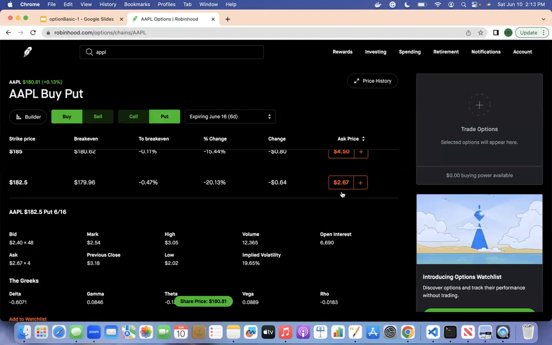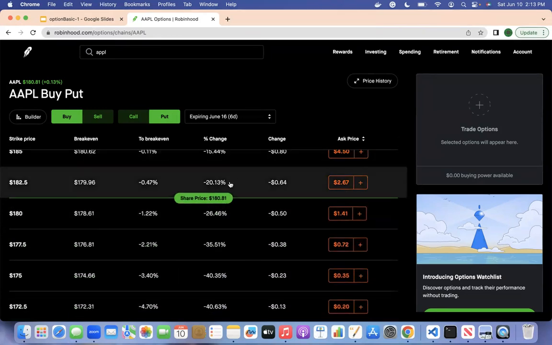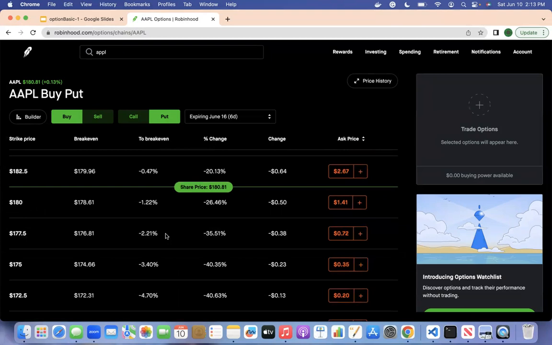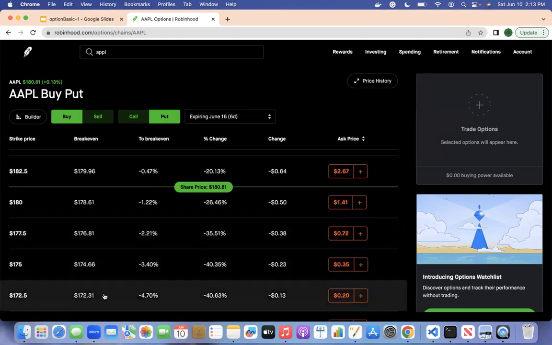So the difference of the premium and the strike price is to be calculated to find the break even. In this case, break even will be 182.5 minus 2.67. So Apple stock has to be less than 182.5 minus 2.67, a little bit less than $180, I think $179.8. So let's say $179.8. If Apple goes below $179.8, somewhere here and then below, then only you'll